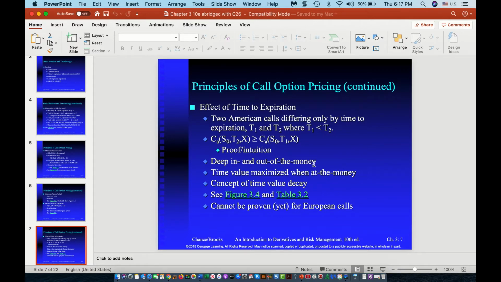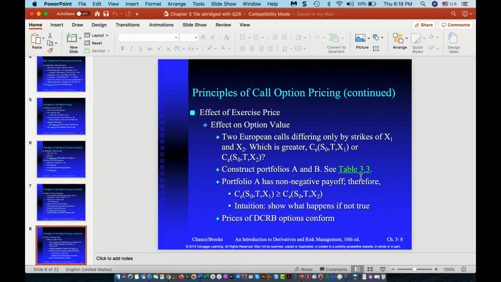And deep in the money and deep out of the money, the time value is lower, but deep out of the money it is the least, and time value is maximized when it is at the money. So we'll show you with the graph, and I will show you the table about effects of